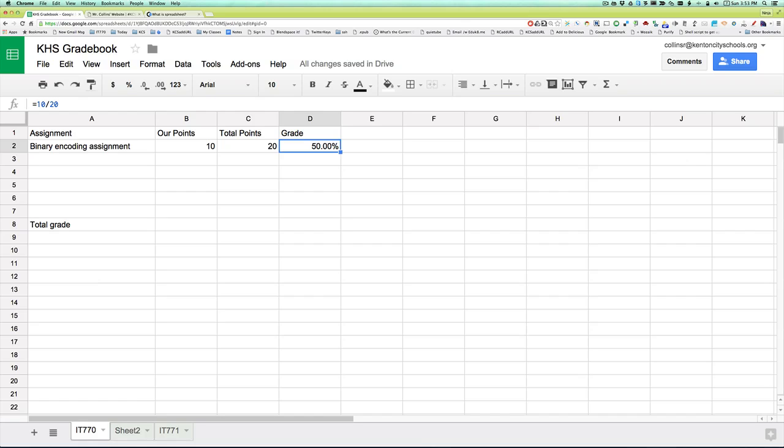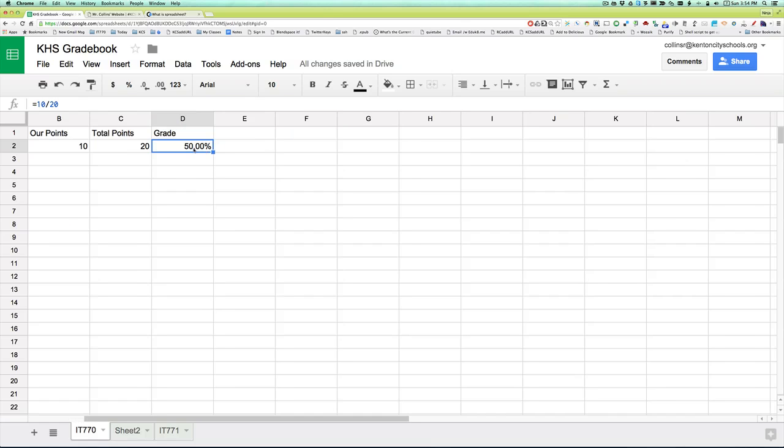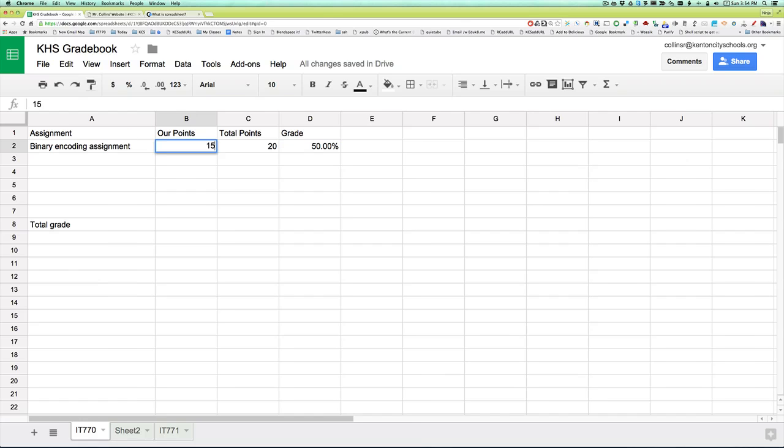But we want a formula so we don't have to write that in for each one of these. We want it to automatically calculate based on whatever we put into these, because then we can do what if scenarios. What if we would have gotten 15 out of 20 on this? Well, our answer doesn't change here because we hard coded in 10 and 20. So we need to change our